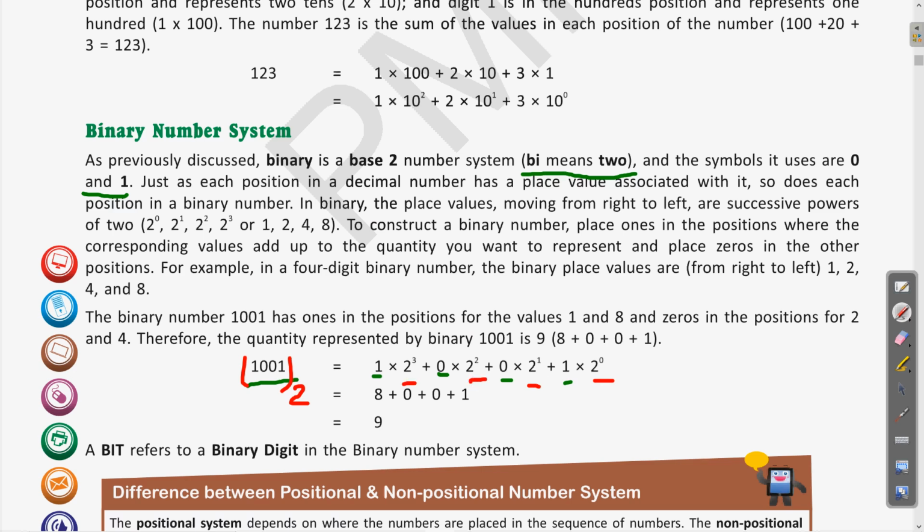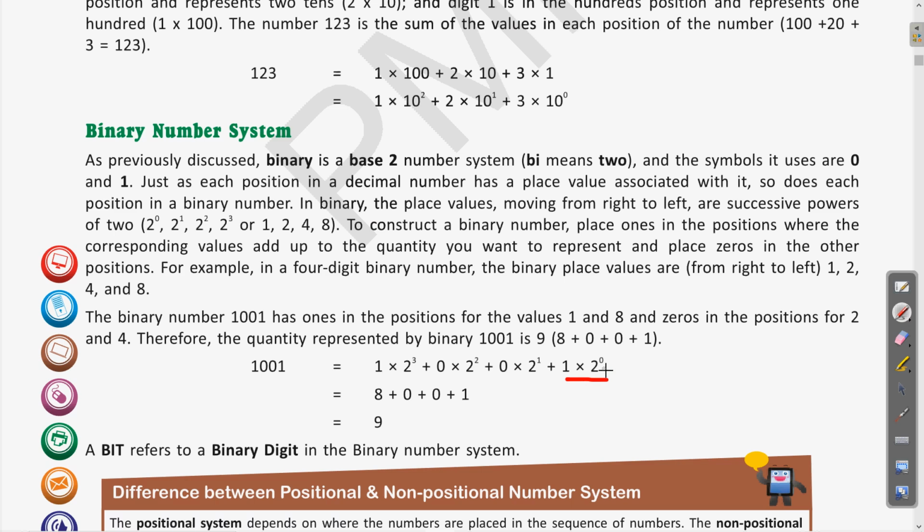Clear? And when we are multiplying with 2, all of these are denoted with the power, that is, 2 to the power 0, 2 to the power 1, 2 to the power 2, and 2 to the power 3. Clear? This way all of the increasing powers of 2 are multiplied. Erase this. Now you can see 2 to the power 0 into 1.